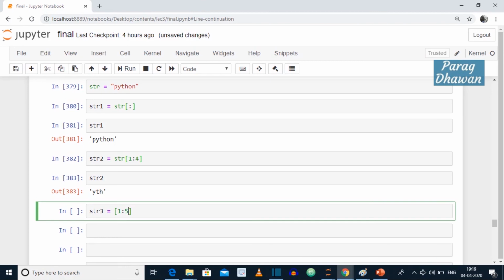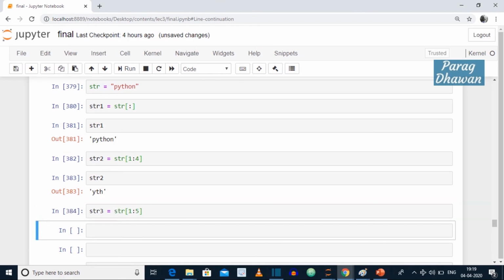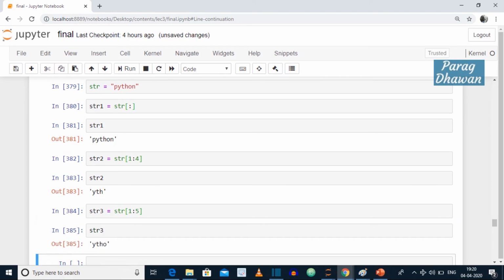Excluding 5, it will run from 1, 2, 3 and 4. We get the output as ytho. Run the cell and print the value of str3 and you have the output ytho.